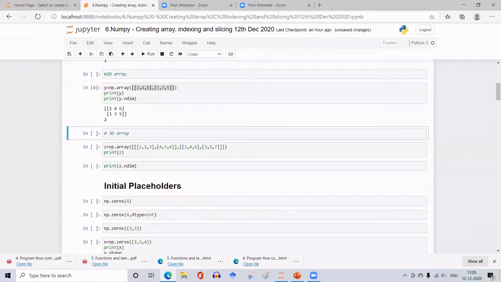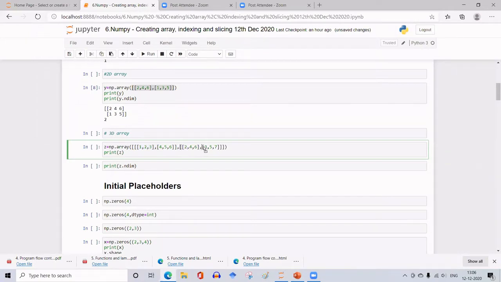Similarly, see this one element which is having 2 rows. First row is 1, 2, 3. Second row is 4, 5, 6. Whole thing enclosed within square brackets forms one 2D array, and such 2D arrays are stacked.